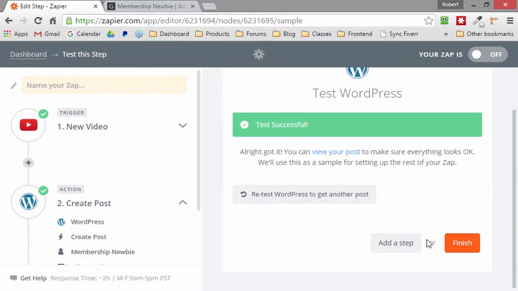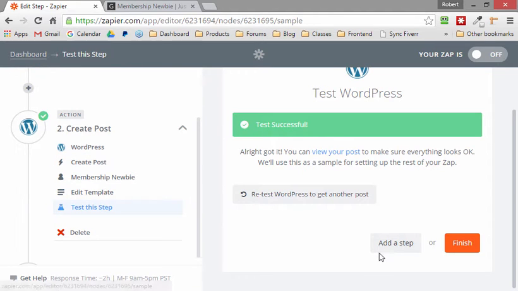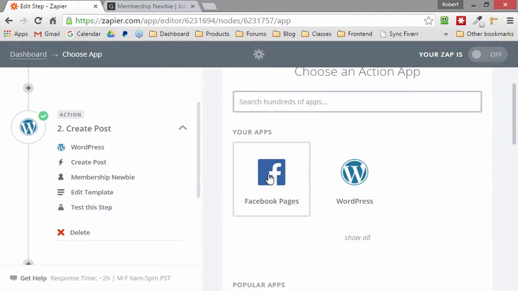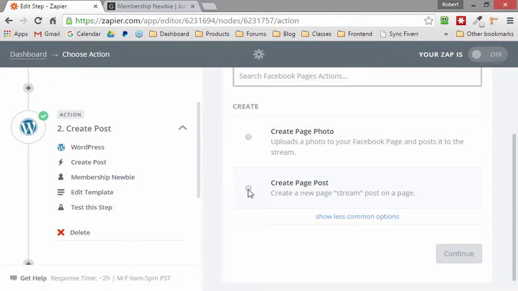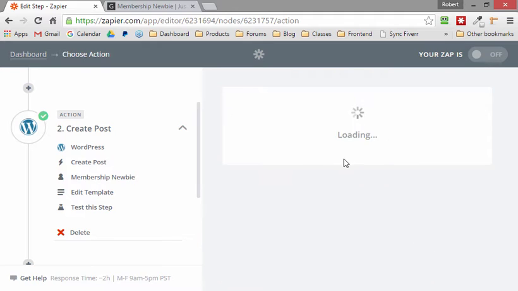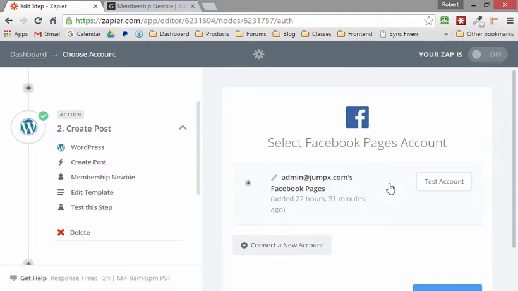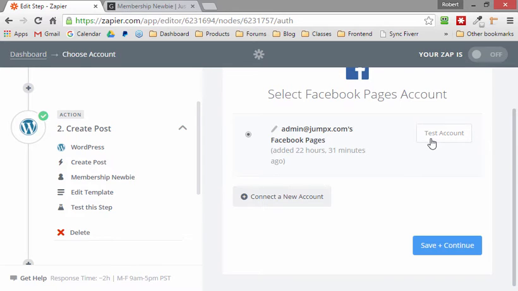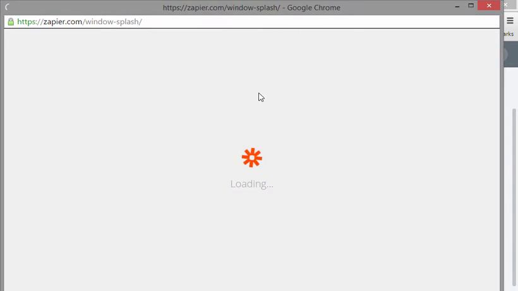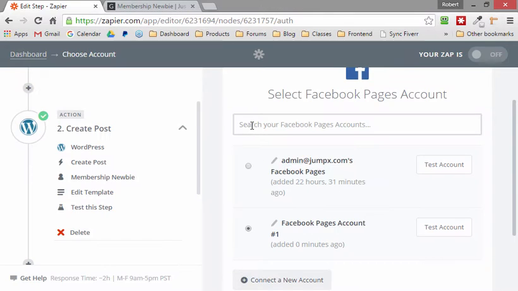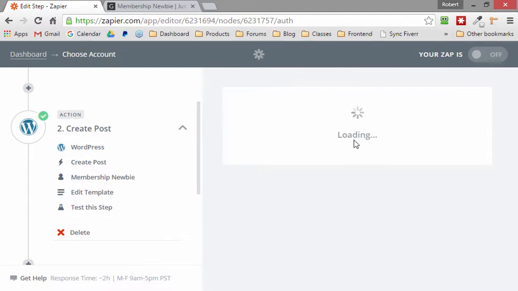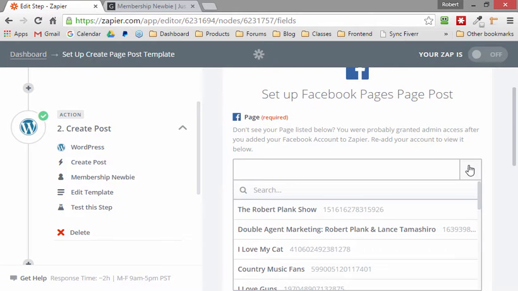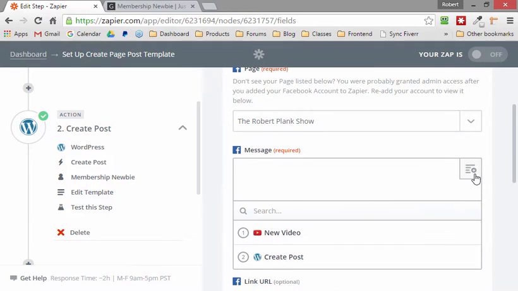So that's cool. And then let's also add another action, and let's say that I also want to post this to, I want to make a page post, okay, and I want to use this on my Facebook page. I'll just connect to Facebook again. Okay, so my Facebook account, and so now that I've connected my Facebook account, I can say, well, I want to put a copy of this on the Robert Plank Show, and then